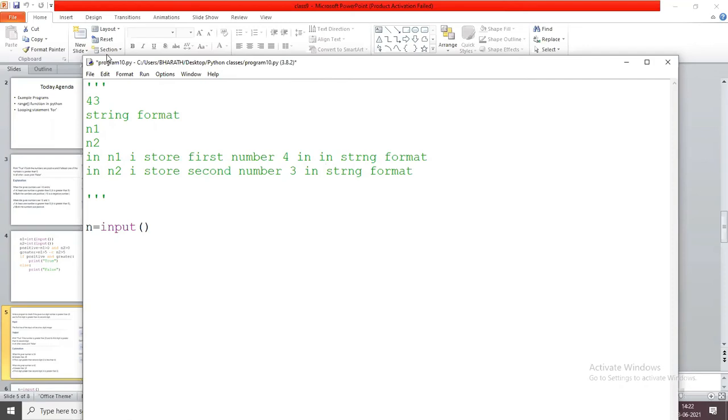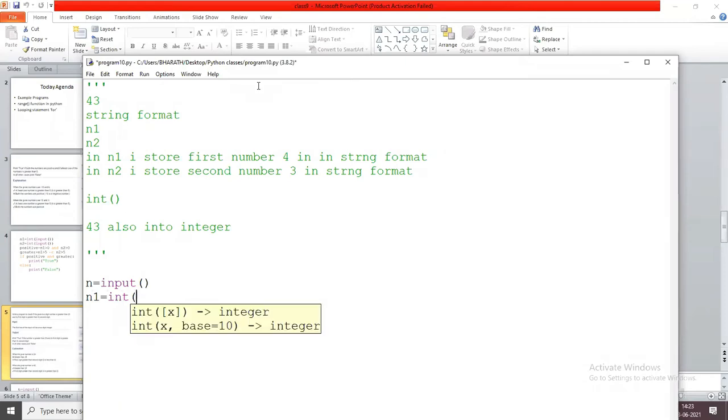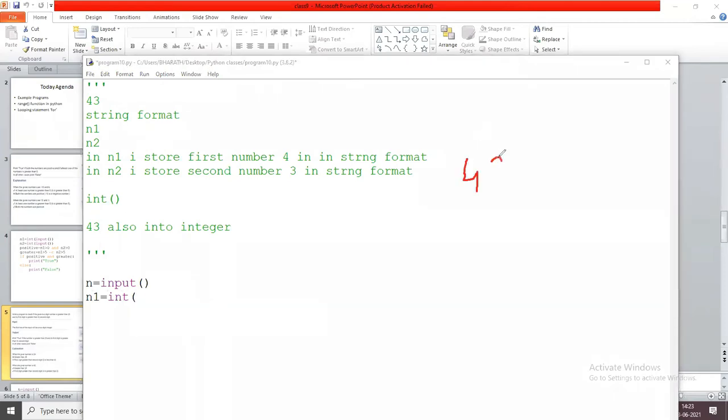Now we convert these numbers into integers using the int function. We also convert the 43 into an integer. After that, you can compare these numbers. Now we are going to write the program. First you read the value into a variable n. For example, I am reading 43, so n equals 43.